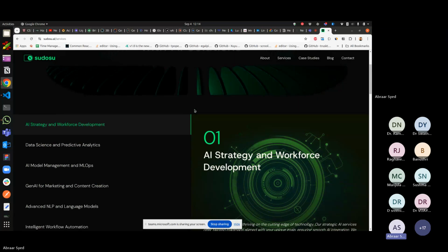Second is, sometimes when we work with companies, obviously, they don't always depend on external agencies like us to build their core products. So they would want their in-house team also to be at par and upskilled along the process. So we also provide workforce development, wherein along with the strategy we also come up with plans and training programs such that, by the end of a certain service development or product development, we also ensure that the in-house team is upskilled on it and they have the right skills to take that forward. So that is one of the things that we do.